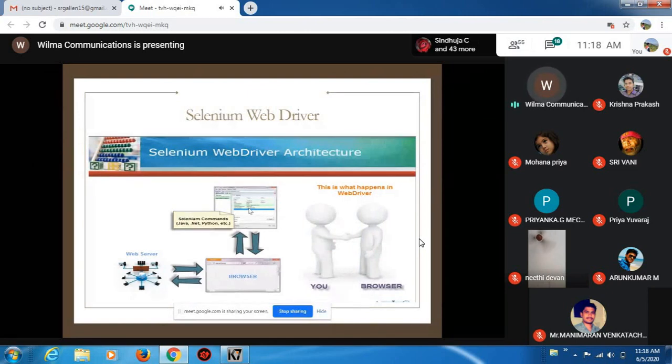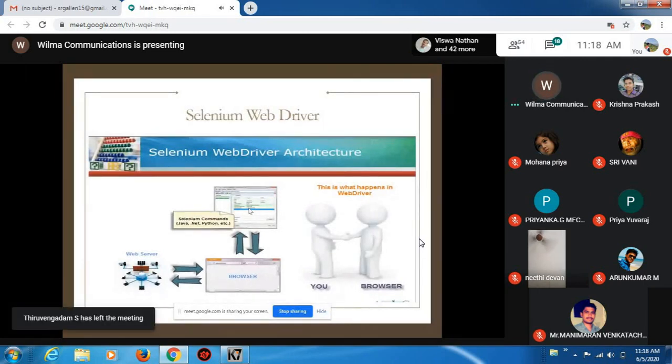So that is the major difference between Selenium RC and Selenium WebDriver, where Selenium IDE is basically used to record and run your scripts, Selenium RC is basically used to pass all your requests through the local server, and with Selenium WebDriver we are directly communicating with the actual web browser instead of passing through the local server.